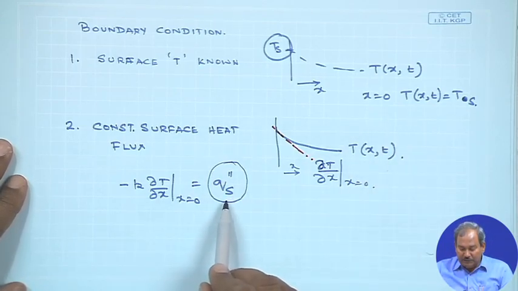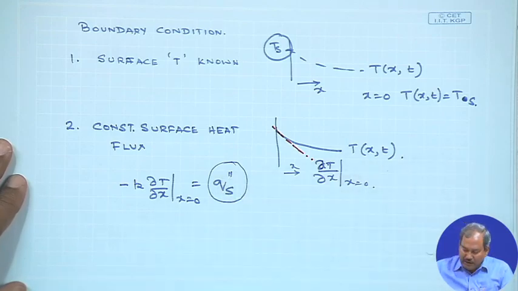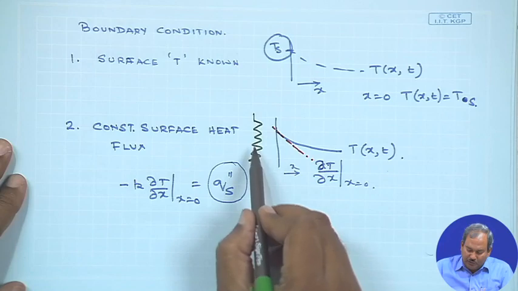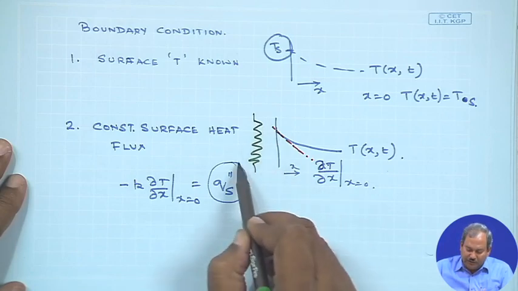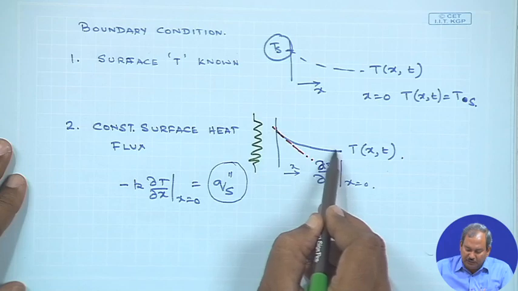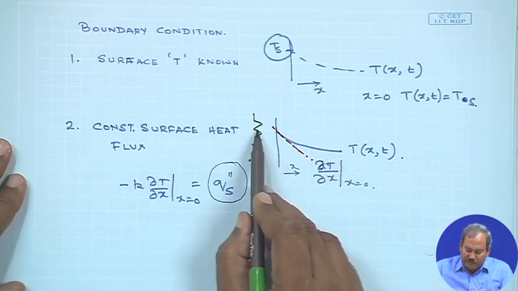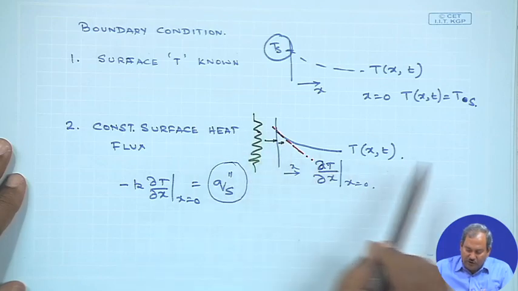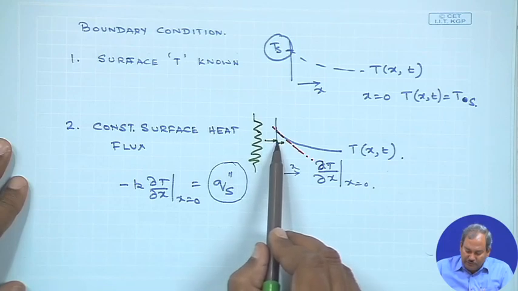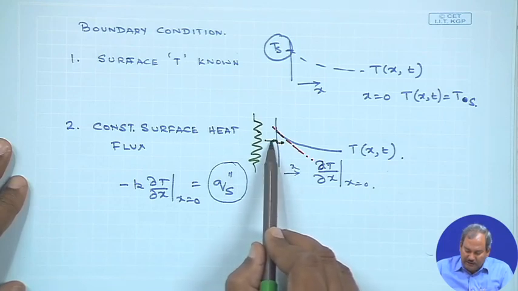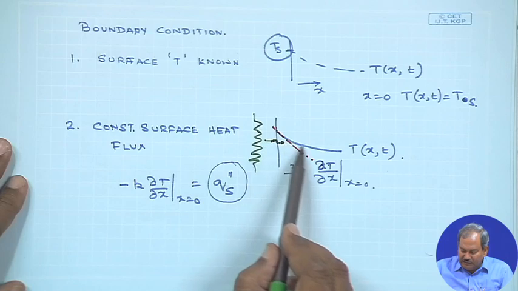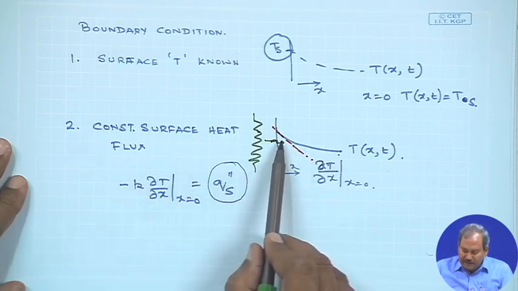The meaning of q dot double prime s at the surface being provided to you is that you could have a resistance heater in here. The resistance heater is providing a certain amount of heat into the solid which is in contact with the liquid. So, at steady state the amount of heat which is supplied by the heater has to come and go out of the surface. So, at this point, which is the junction of the liquid solid interface, the heat flux is a constant, and as we understand, you can never have